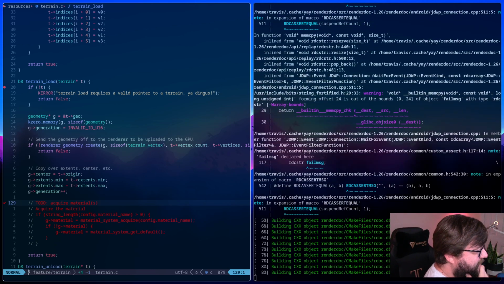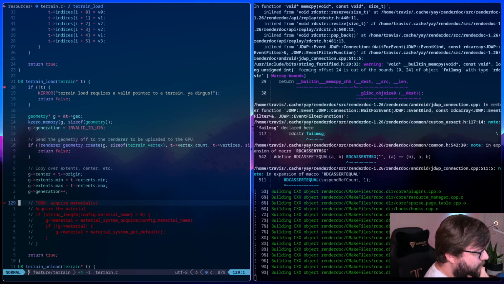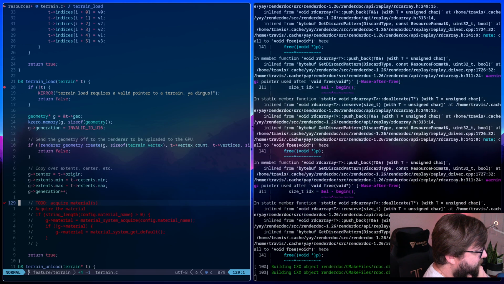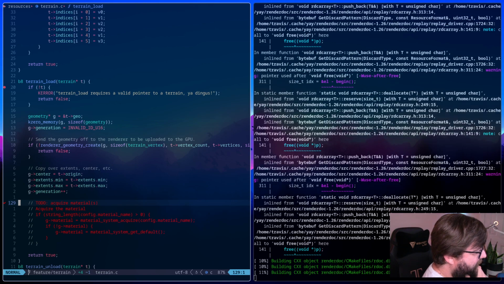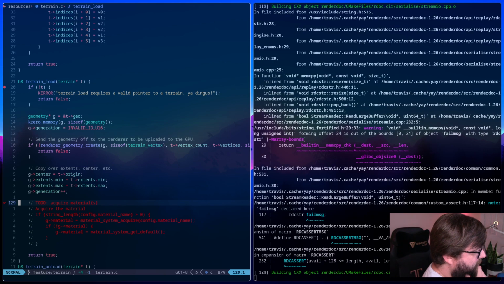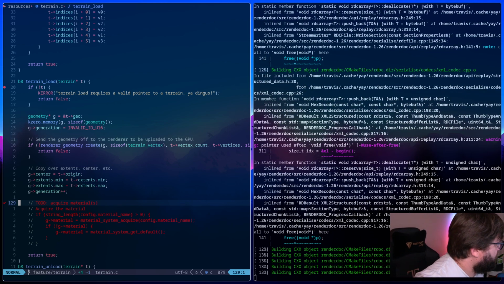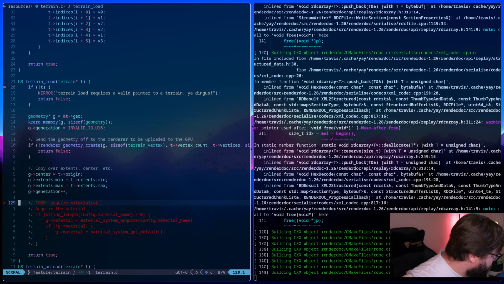I don't know what it is, but I feel like any project that I've ever used or worked on that's used CMake always seems to take a really long time to build. I don't know if it's CMake itself, but it's also C++, I suppose. It's one of the reasons I don't use C++.